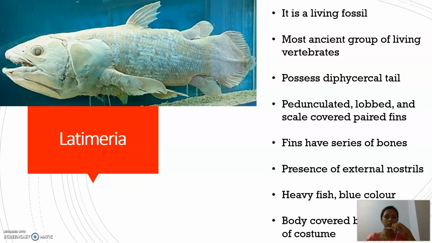Latimeria is a living fossil and it is one of the ancient groups of living vertebrates. They possess a diphycercal tail. They have lobed and scale-covered paired fins. They have a series of bones and they have an external nostril. The fish is a heavy blue colored fish. This picture shows a preserved fish. Originally the fish is blue colored and the body